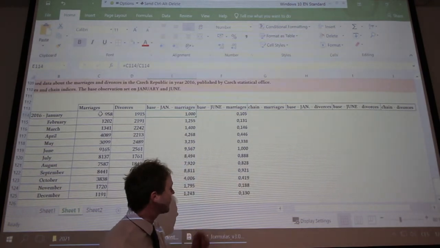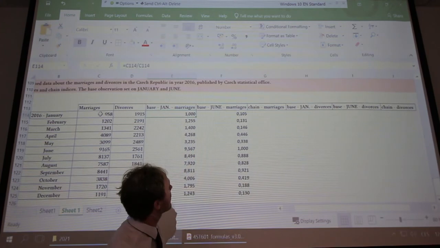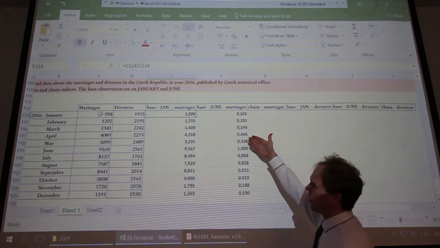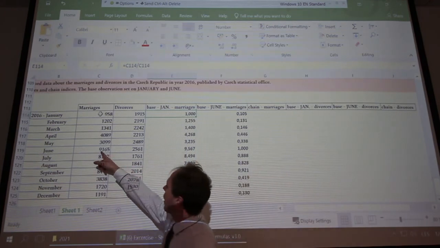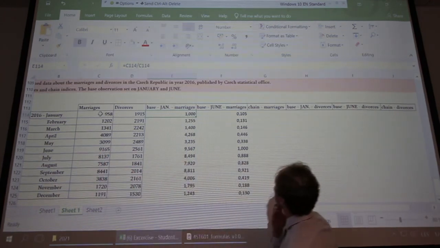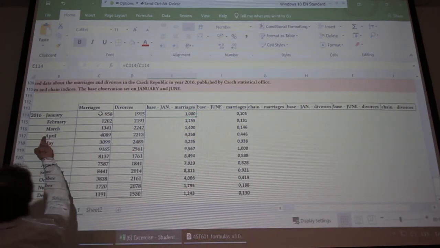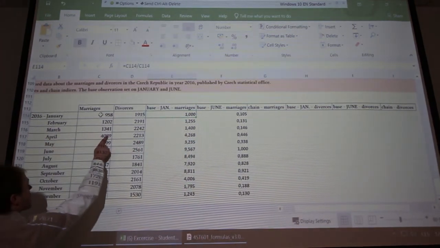17.2%. Is there some increasing? No, because June has the largest value. Yes, this value, for example, on April,